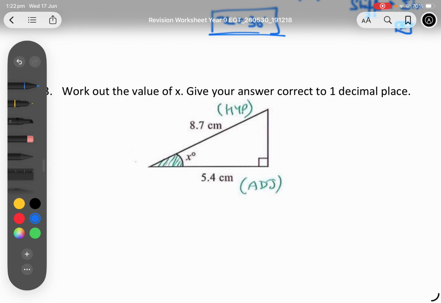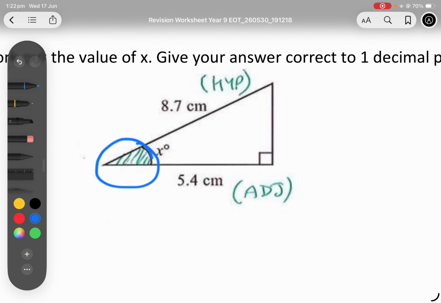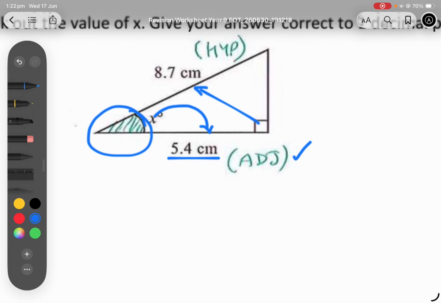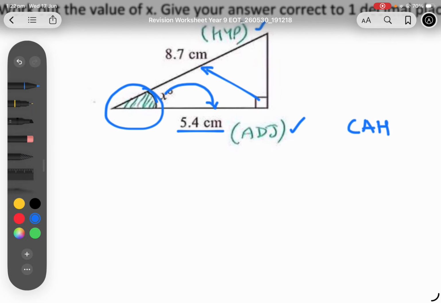Okay, again they are asking us to measure the angle here. This side is right next to it, so it is adjacent. This side is right in front of the 90 degrees, so it would be called the hypotenuse. So adjacent and hypotenuse is cos. Cos is adjacent upon hypotenuse. So cos goes as cos of x is equal to